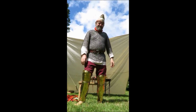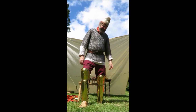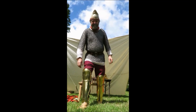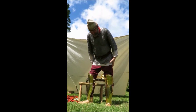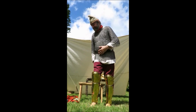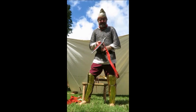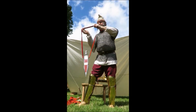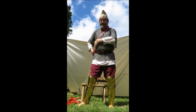And my lower legs are protected up to the kneecap by bronze greaves. These greaves are hinged so that you can bend your leg quite comfortably without them interfering with the movement, and they are very good protection. So in terms of military equipment, the pugio, the Roman dagger, is still being used as a backup weapon,